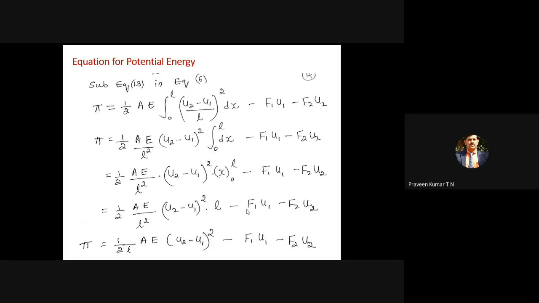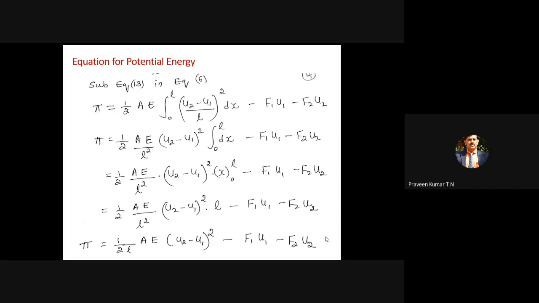Now when you come to the principle of minimum potential energy, the system is in the equilibrium condition only when the system has minimum potential energy. That means we have the equation for pi. I'm talking about the rate of change of energy being minimum; I'm not talking about the energy being zero. When the rate of change of energy is minimum or zero, the system is in the equilibrium condition. So if you differentiate pi with respect to u, del pi by del u, that means the variation of the energy. That's why we are studying the variation.